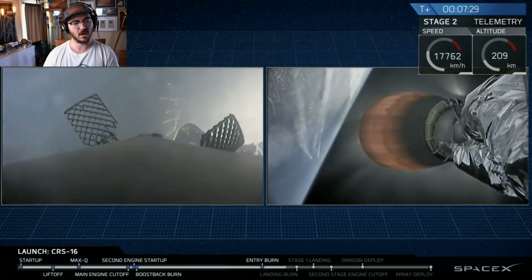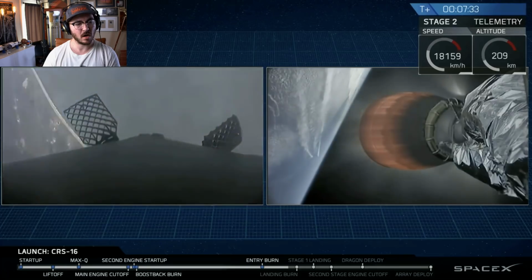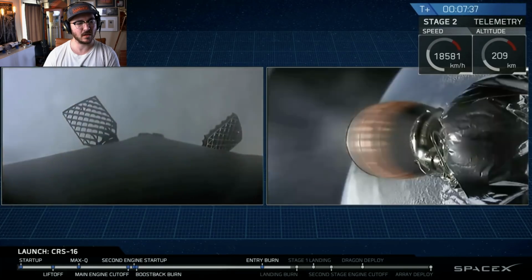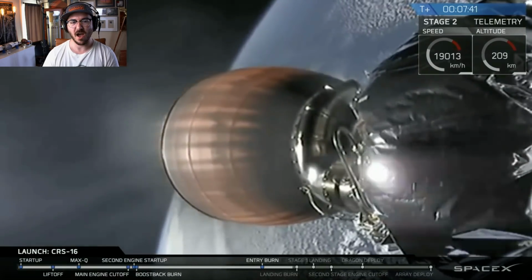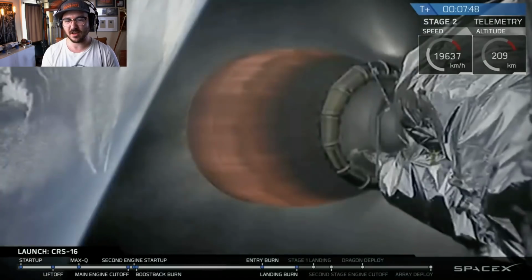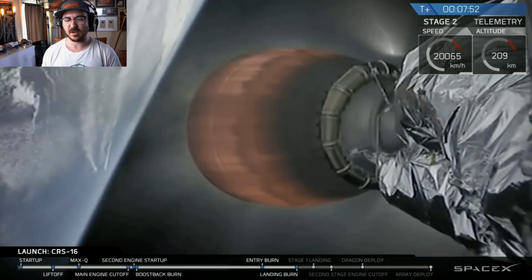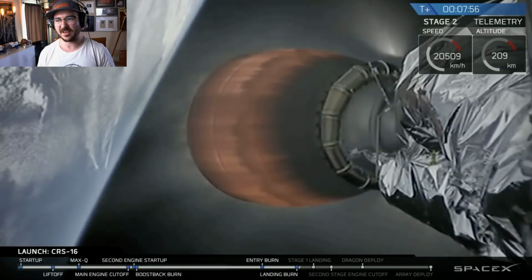Uh-oh. What is going on? That's not good. Stage 1 transonic. That's not good. Stage 1 landing burn startup. They started the landing burn. Stage 2 continues along the nominal trajectory. That was not...